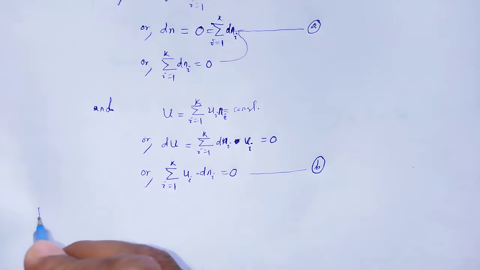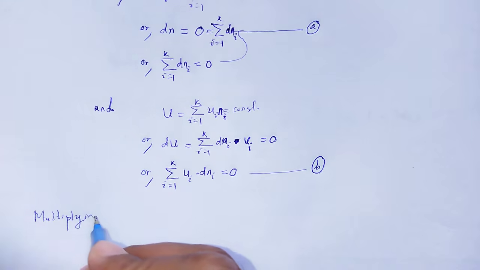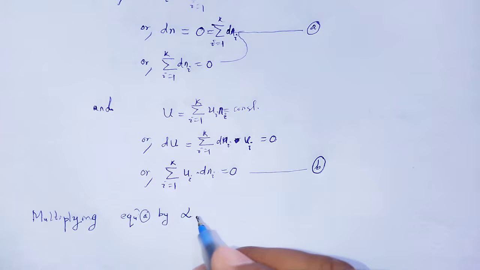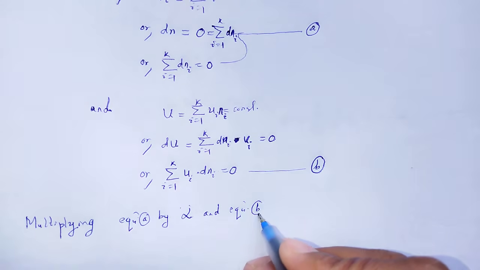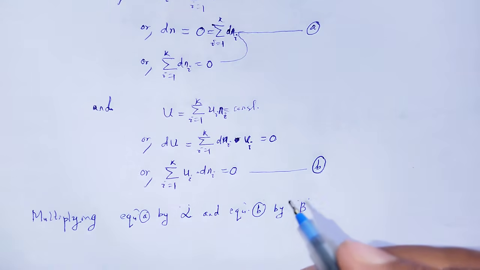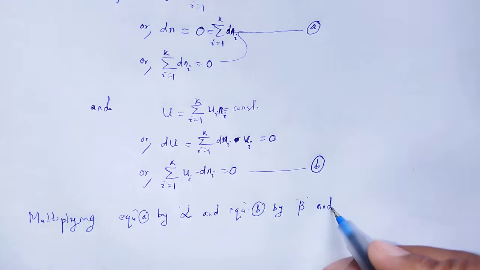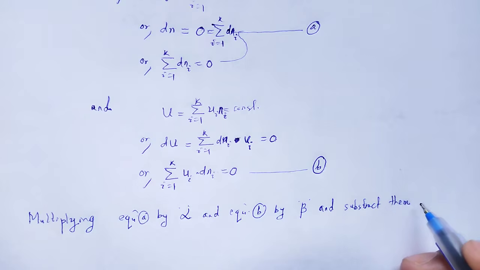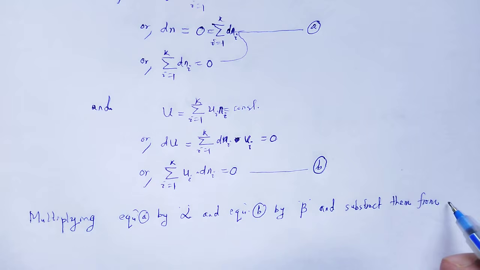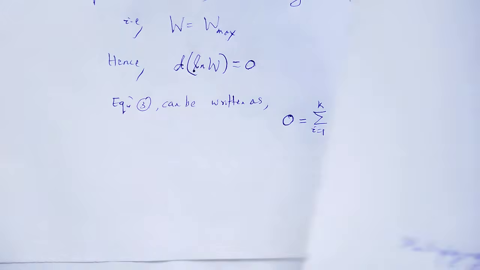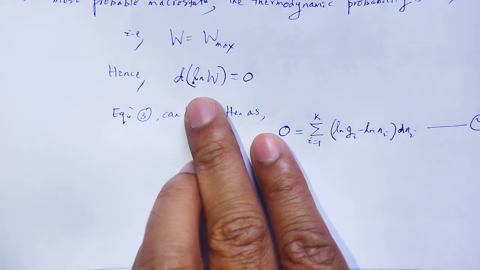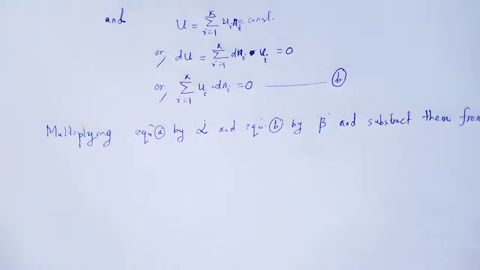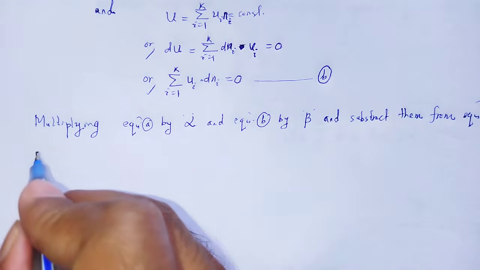Now multiplying equation A by alpha and equation B by beta and subtracting them from the equation for d ln W, that is equation number 3, we get